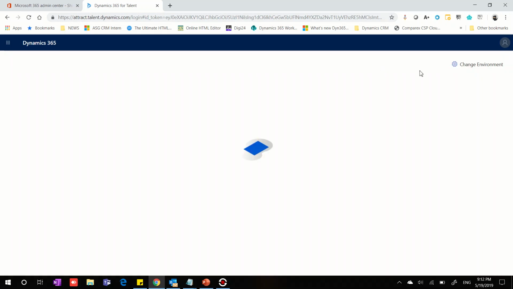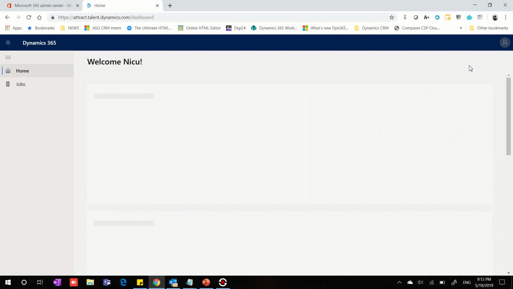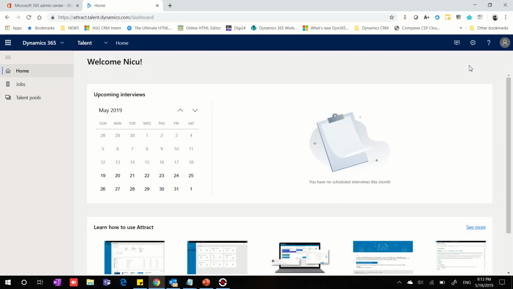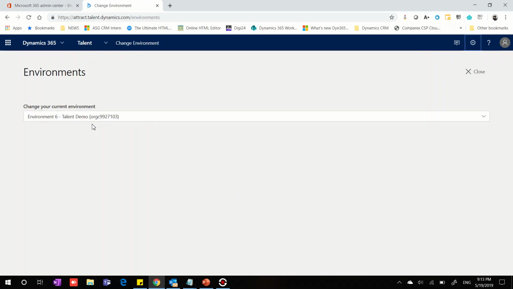So after logging in, you'll notice the environment that you're about to use. You need to make sure the changes you're going to do in Power Apps, because this is where we're going to play, are on the correct environment. You'll notice that I don't have the comprehensive hiring add-on. Even with the comprehensive hiring add-on right now, it's not possible to send personalized emails or triggers in case of rejection. So the environment that I'm using right now is this one, Talent Demo Org C,